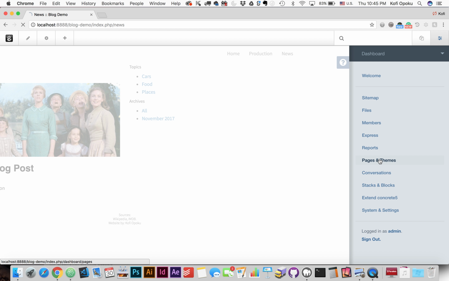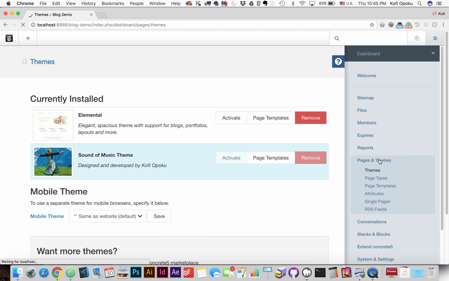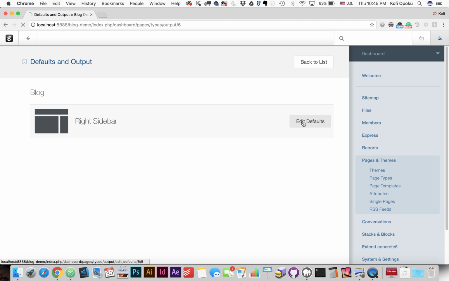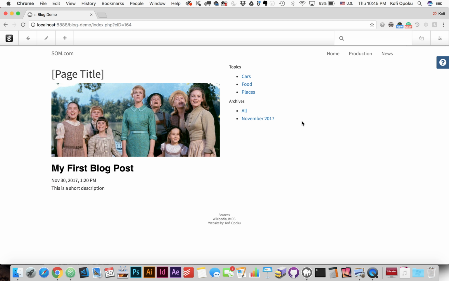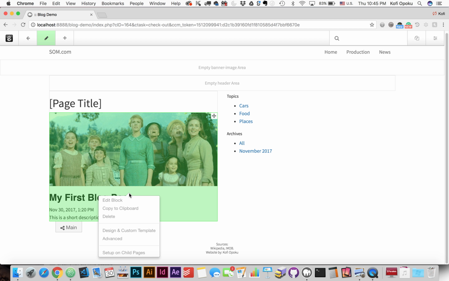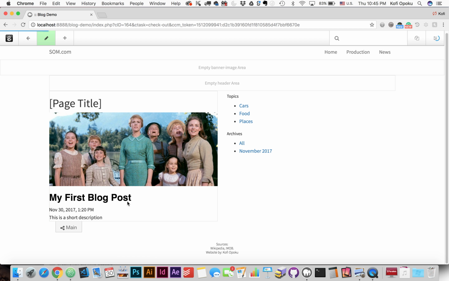I'm going to go to pages and themes, and then I'm going to go to page types, and then for blog, let's go back to output, edit defaults. All right, so these are the default settings for when the blog previews are added, and I'll click on the edit button right there. Click on that, edit block,